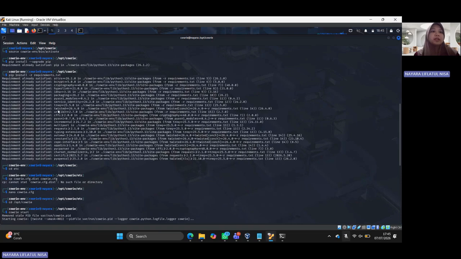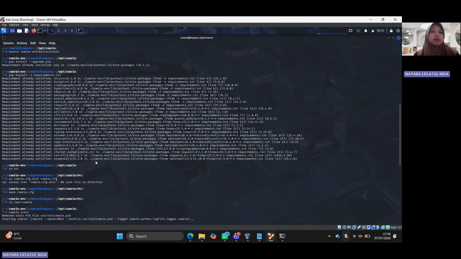Next, I upgraded pip and installed all the required Python dependencies using requirements.txt. Since the dependencies had already been installed, the system displayed requirement already satisfied for each package.